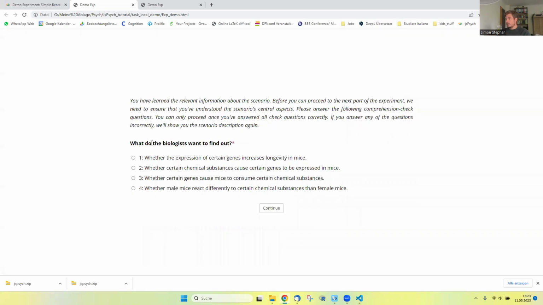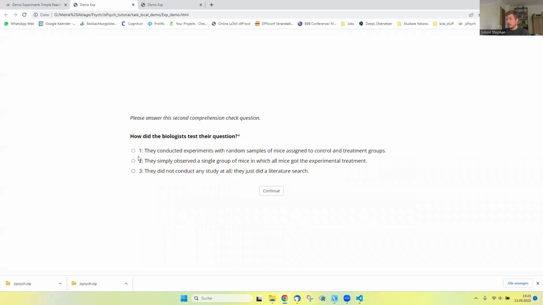We have two questions. The first one was, what do the biologists want to find out? And the correct option was whether certain chemical substances cause certain genes to be expressed in mice. And then the comprehension check had a second screen, which was, how did the biologists test their question? Well, the answer is they conducted experiments with random samples of mice assigned to control and treatment groups. And then